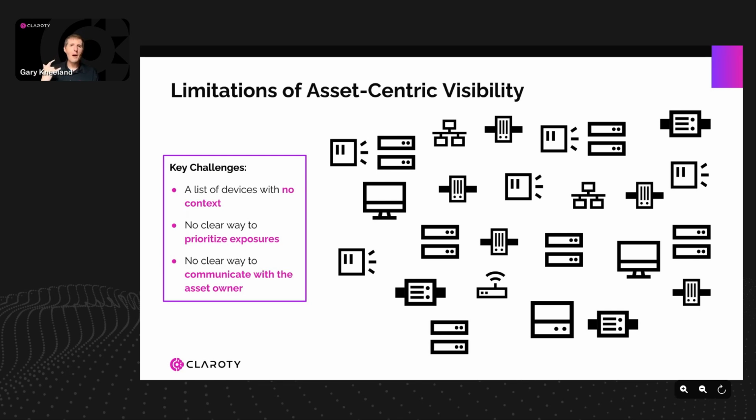And when you send all your alert data off to a SOC, and you call up the site folks and say, hey, this IP address is having some weird information, the electrical engineer or the mechanical engineer at site that owns this system doesn't have the context necessary to be able to respond to that. It makes it very, very challenging if we're not talking that common language. And this is one of the biggest challenges that we see with asset-centric visibility.